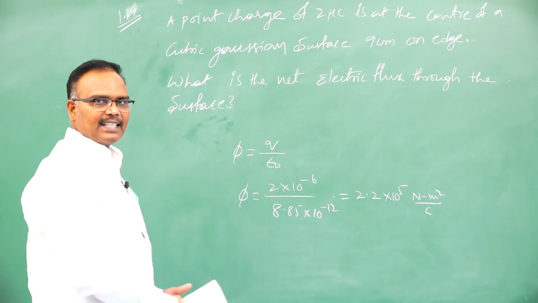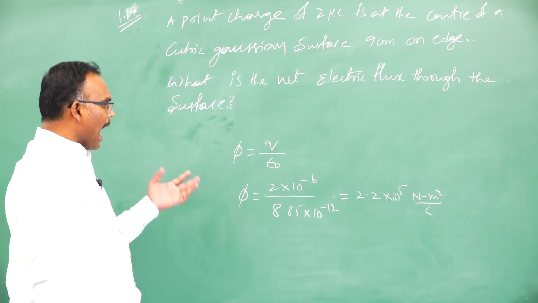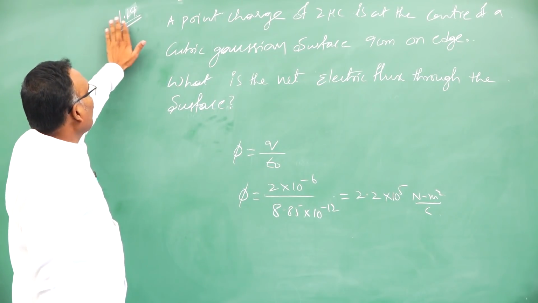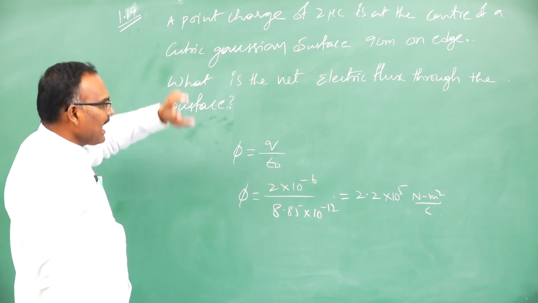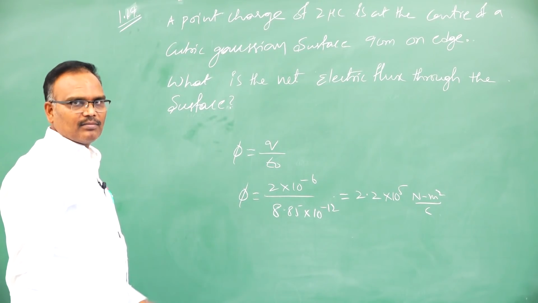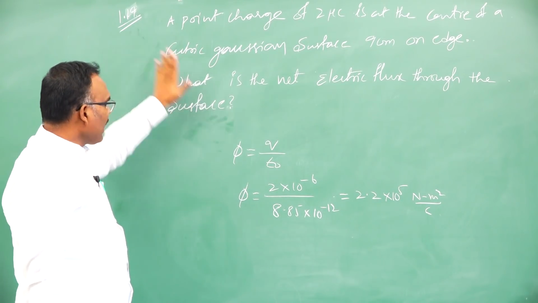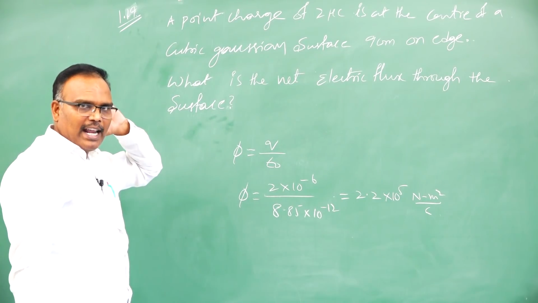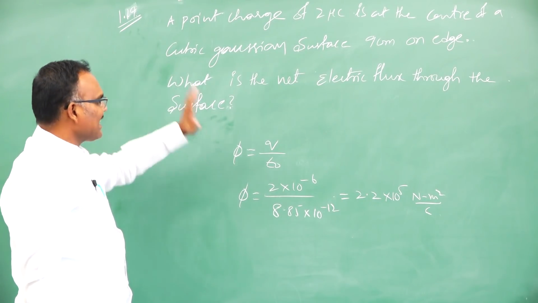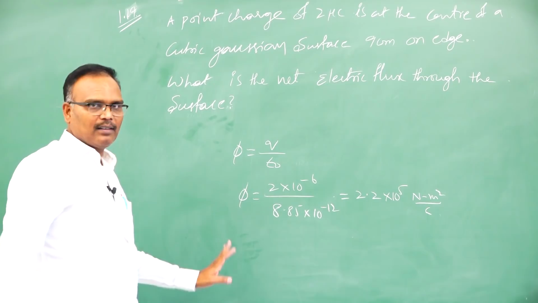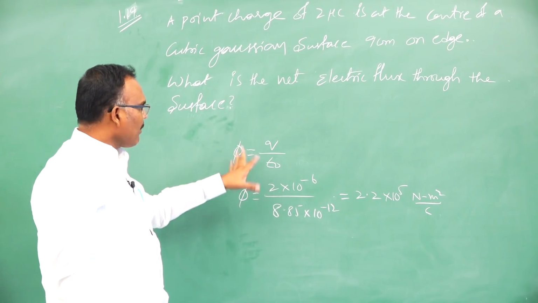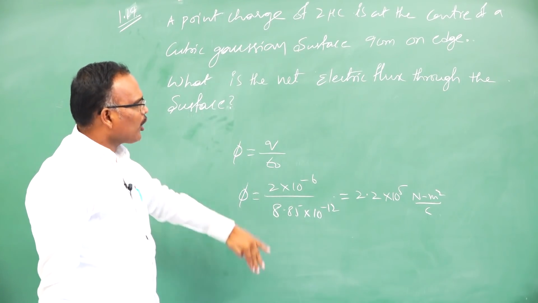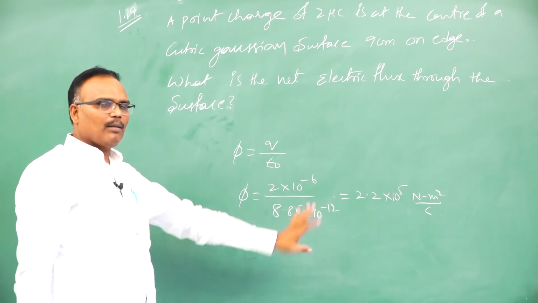If you see the NCERT answers, maybe you have to interchange the 1.18 and 1.19 answers. The 1.19 answer is given at 1.18 and the 1.18 answer is given at 1.19. So here there is no ambiguity because they are asking about the entire cube. Easy. Simply we will do it like this.